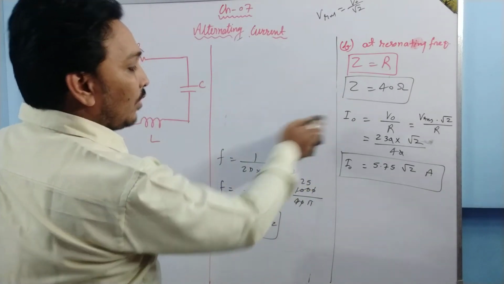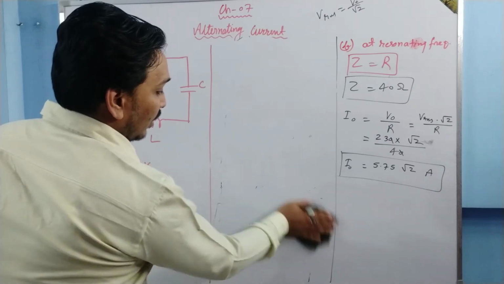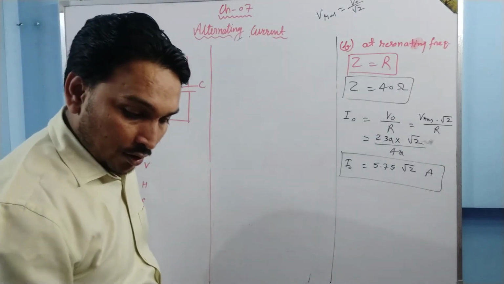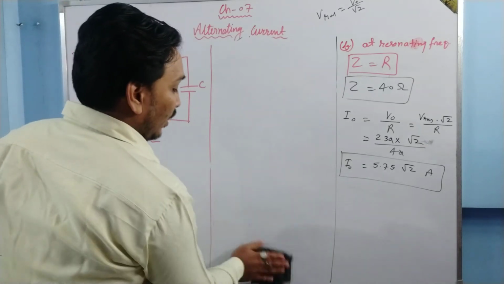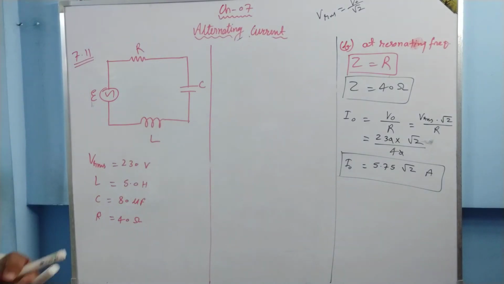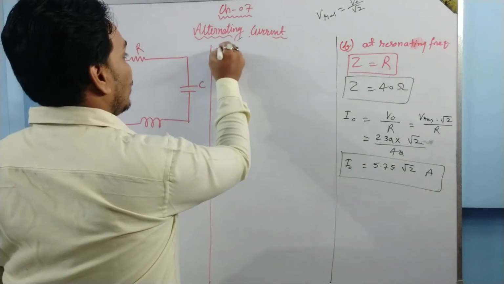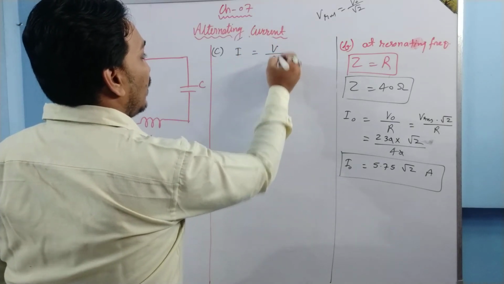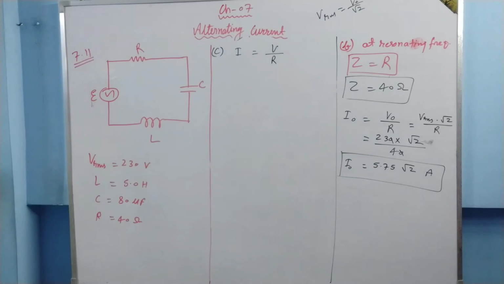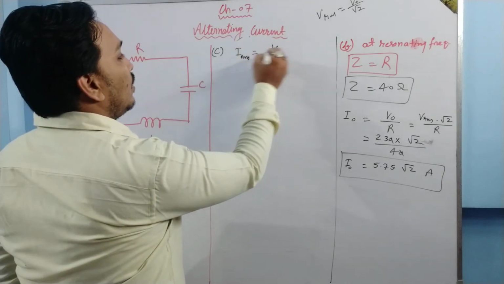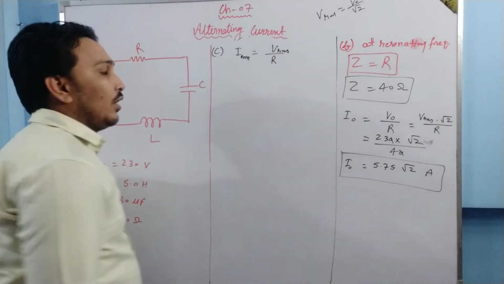The value of maximum current we already have. So we must calculate the RMS also, so that we can calculate the potential drop, since potential drop is being asked. So we need to calculate the value of current flowing in the resonating circuit. First of all, we need to calculate I, which is V upon R. Why is it so? Because this is RMS. IRMS I am going to calculate. So IRMS is equal to VRMS upon R.